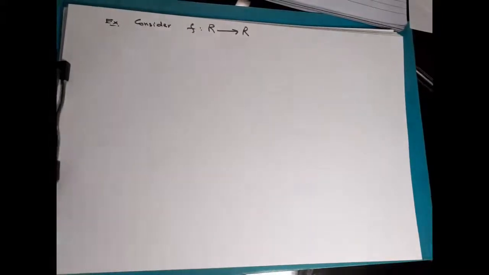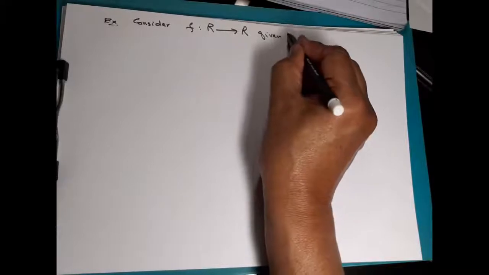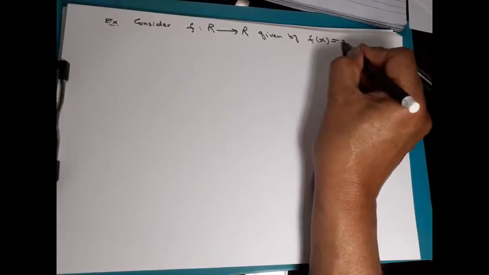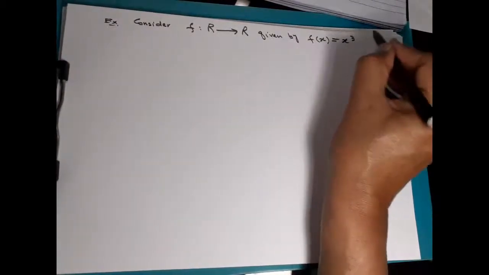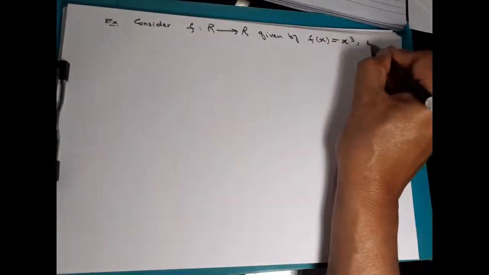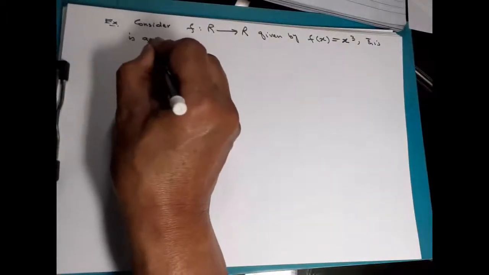Domain is set of real numbers, codomain is set of real numbers given by f(x) is equal to x cube, x raised to power 3, is an onto function. This is an onto function,